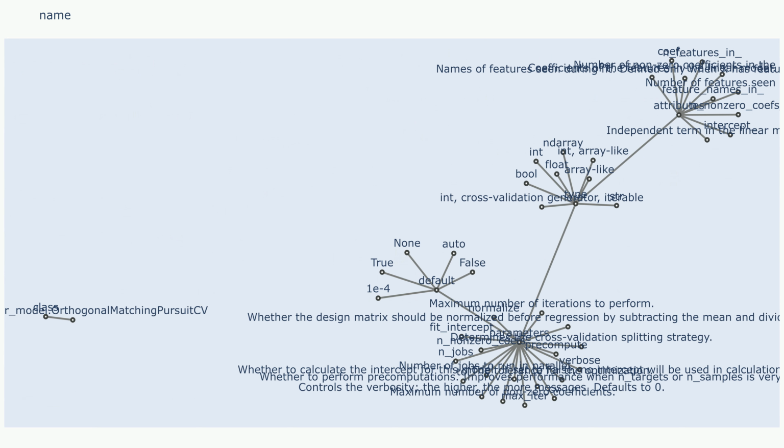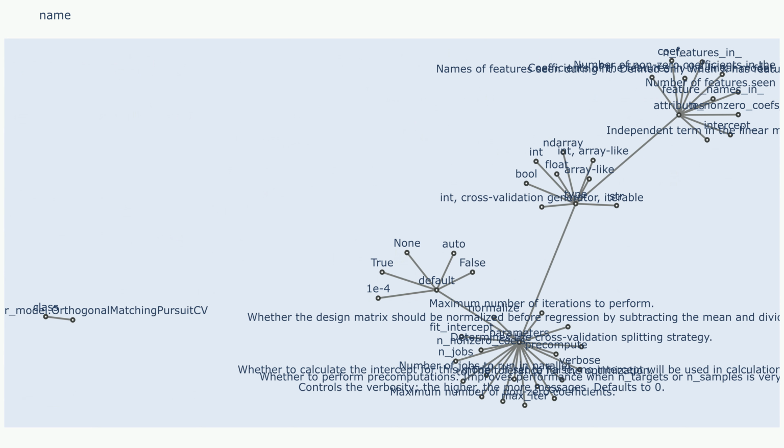Model interpretability: the sparse nature of the models produced by OrthogonalMatchingPursuitCV enhances interpretability. Identifying a small number of influential features can provide valuable insights into the underlying data and the driving forces behind the predictions.